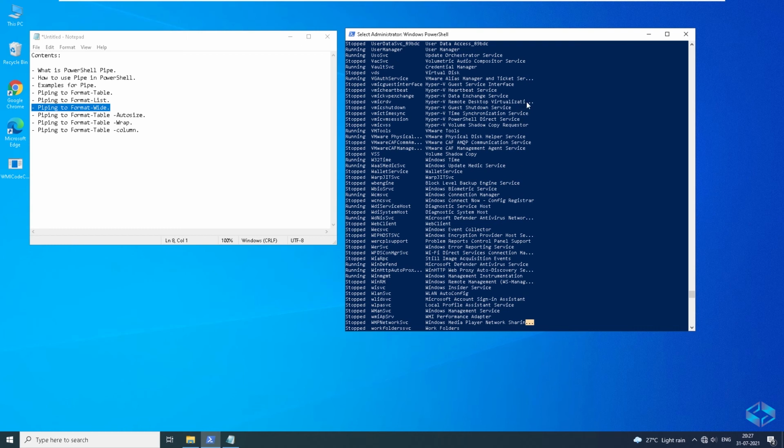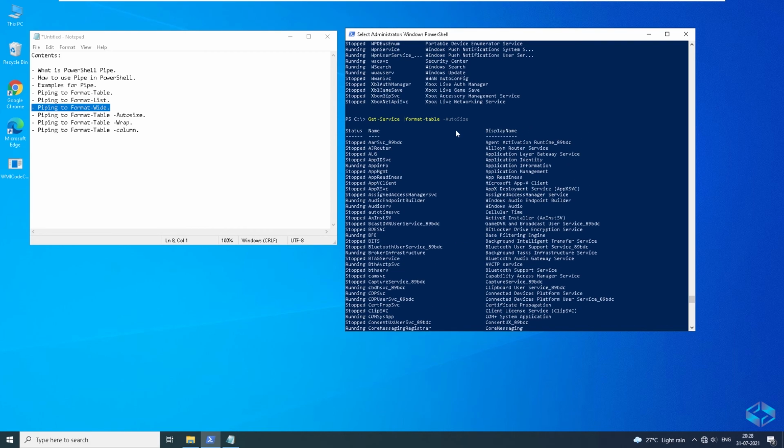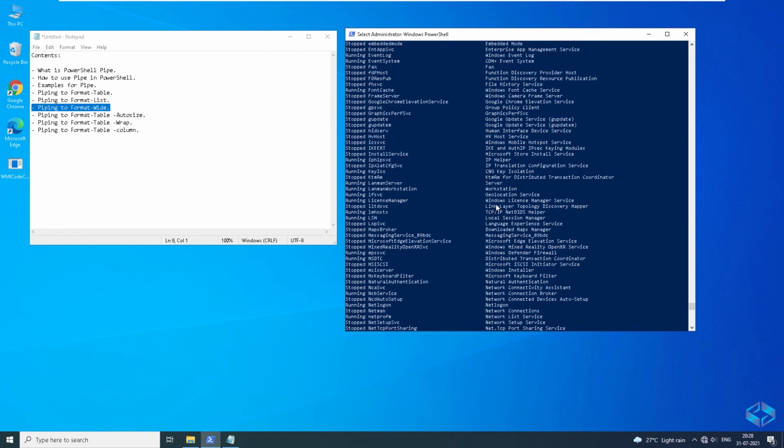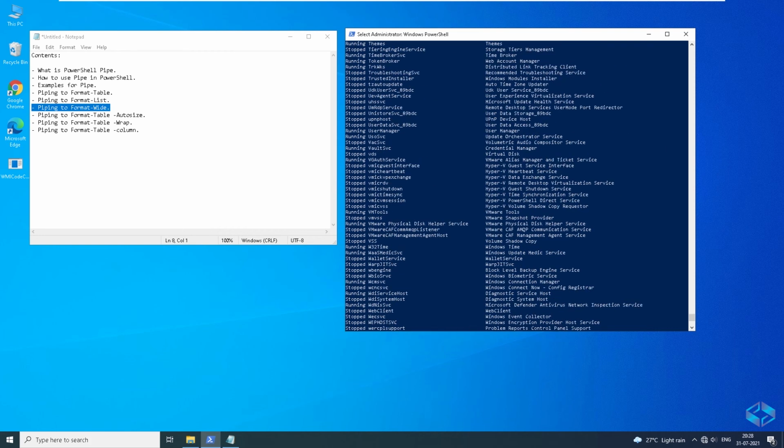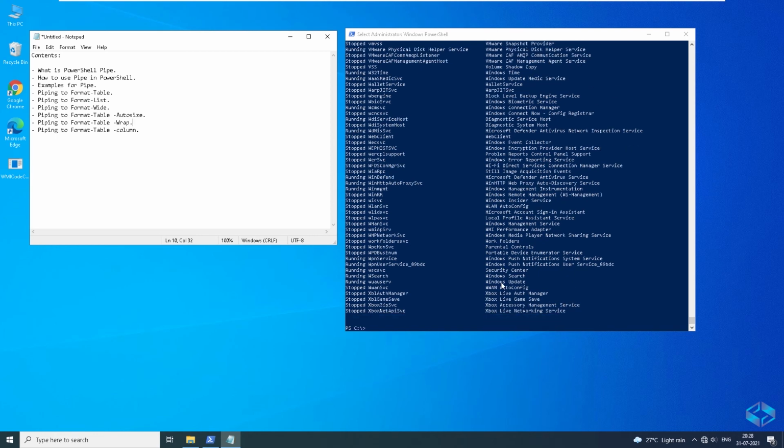So that is the reason it is mentioned. There is something behind this. So if you need to know what exactly, then you have to use the auto sizing. So this is the major difference between the format table as well as the format table with the auto size. And let's now try the format table and